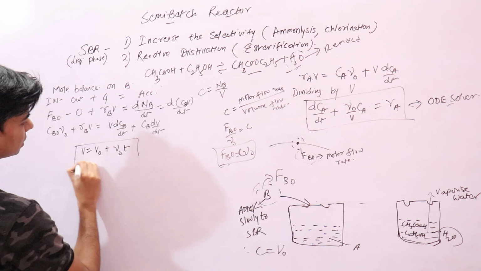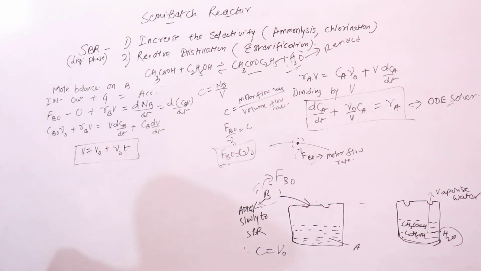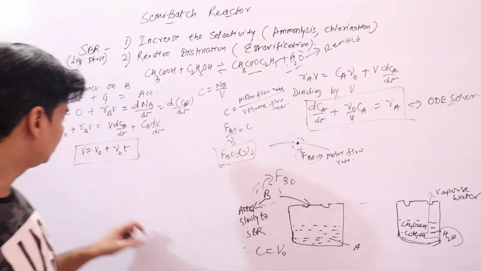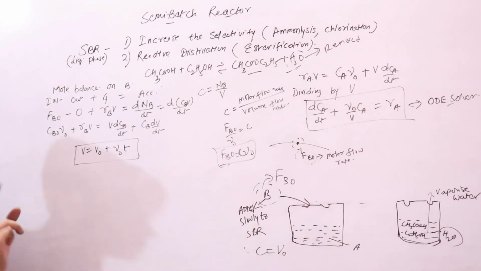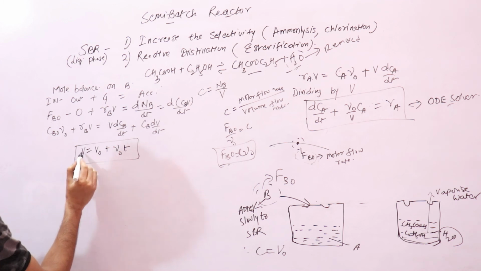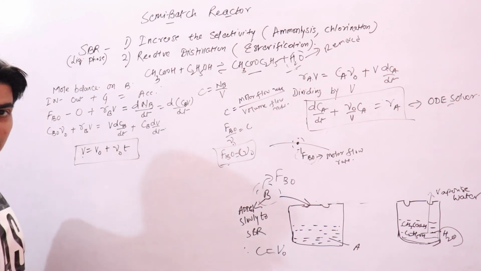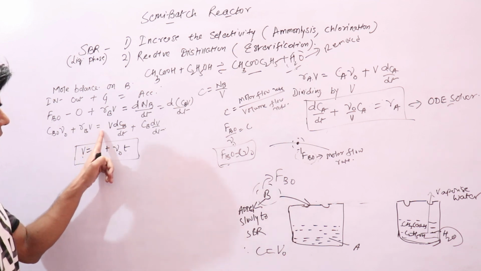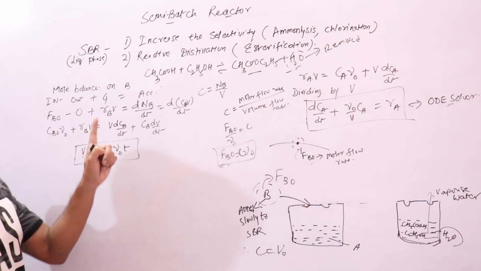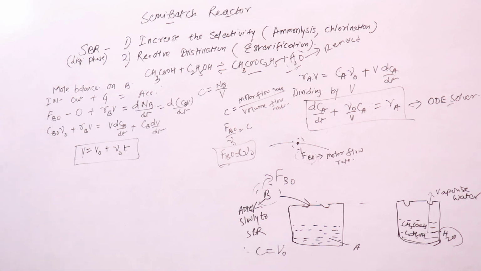You can just rewind the video and you will find this equation. I said there I would be using this equation. Now we will be substituting the value of V in this equation and then differentiating. If you substitute the value of this V in this equation and then differentiate, what you will get is